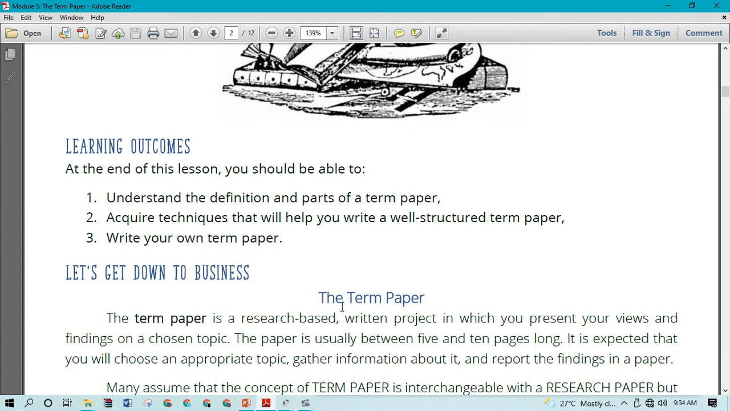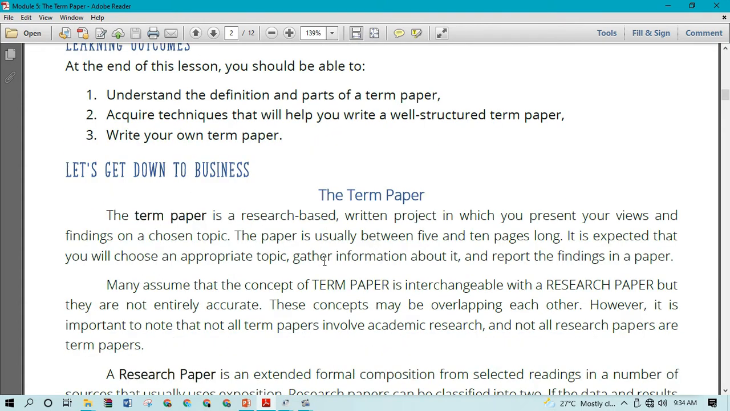Okay, so a term paper is a research-based written project in which you present your views and findings on a chosen topic. The paper is usually between 5 and 10 pages long, but you can exceed that depending on the discussion that you want to do in the term paper. And it is expected that you will choose an appropriate topic, gather information about it, and report the findings in